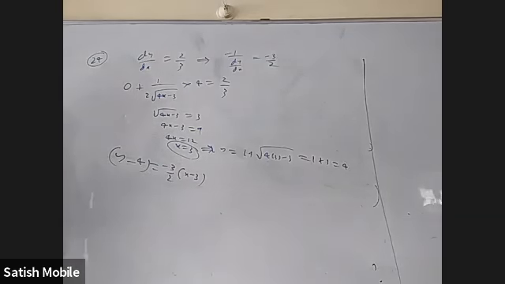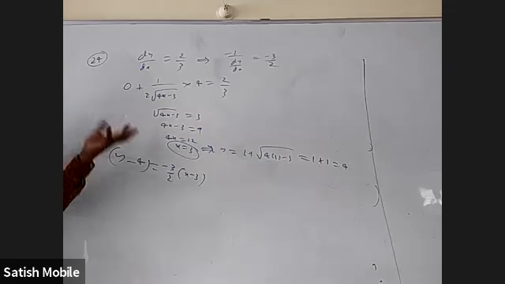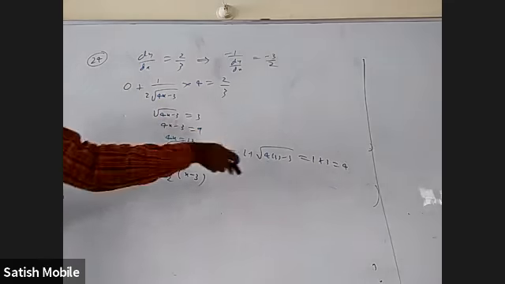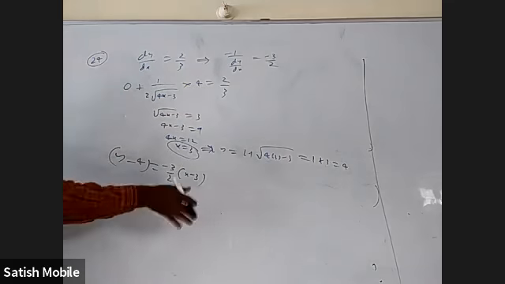Okay. See, in the beginning question, they gave the point and asked for the equation or slope of the tangent, which is easy. Now they are giving the slope of the tangent or the slope of the normal and asking for the point. So you set dy by dx equal to whatever number they gave, and find the x coordinate or y coordinate. Now you know the point, the slope of the tangent and the slope of the normal. This is the equation of the normal.